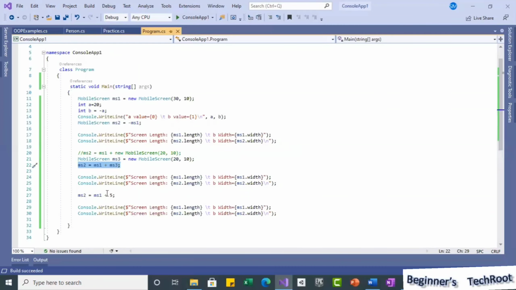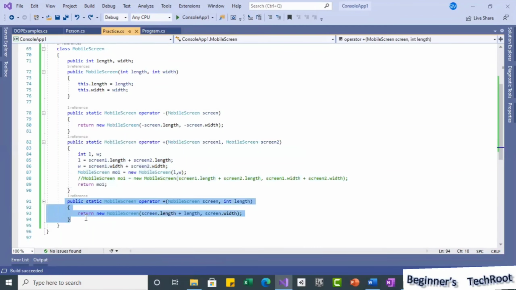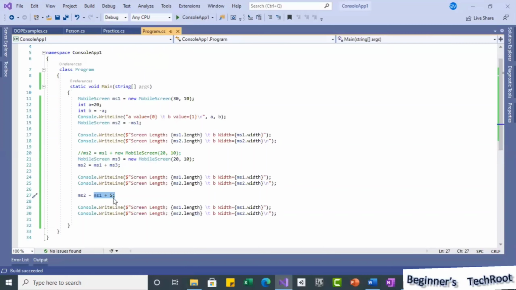And in this case, if you see, one is the mobile screen type and the other one is the integer type, so automatically this plus operator overloading method is decided and called, so only the length is added and the width stays the same, it returns the object, and it is stored into ms2. So that is the reason for the results we got.